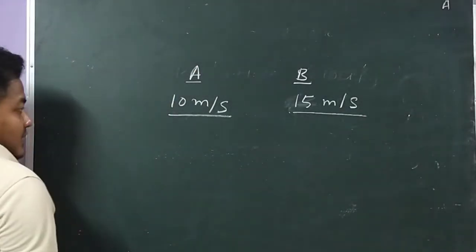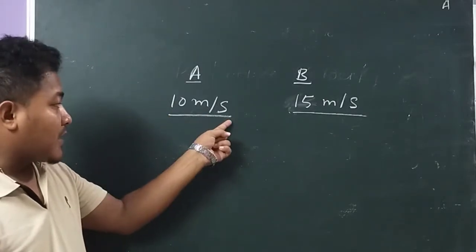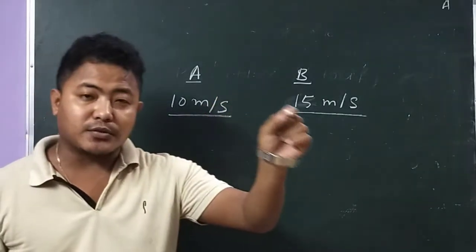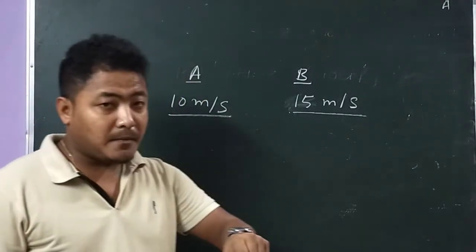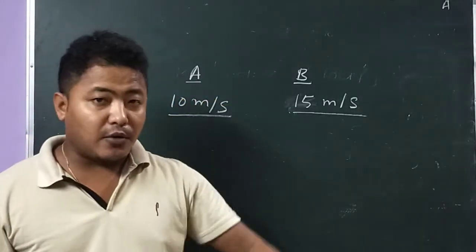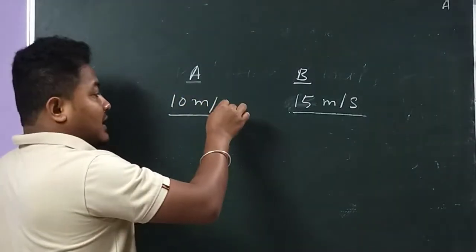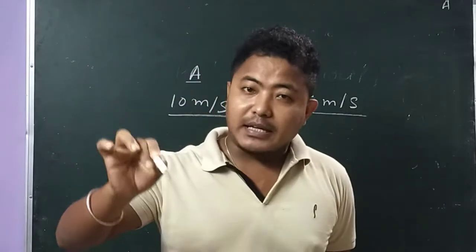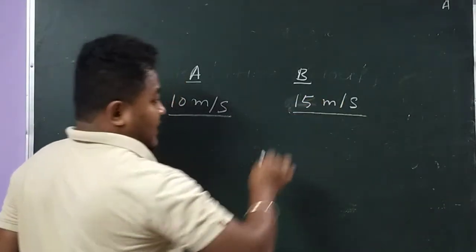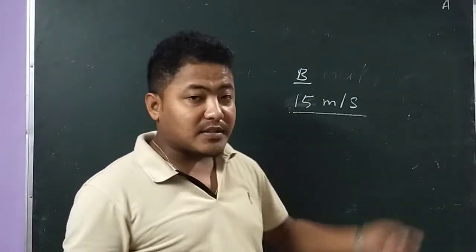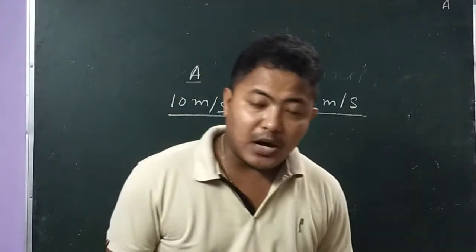Now in this case, this velocity of 10 meters per second of body A is with respect to ground. That means if I ask you what is the velocity of object A with respect to ground, that is 10 meters per second. And 15 meters per second is the velocity of object B with respect to ground. Remember,